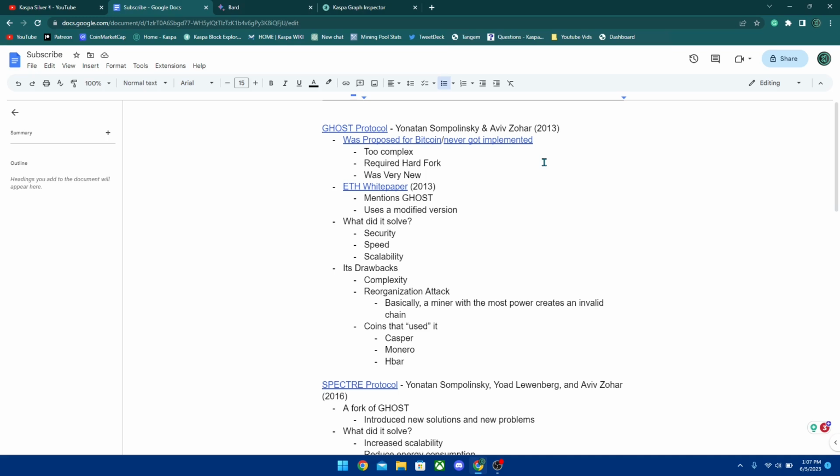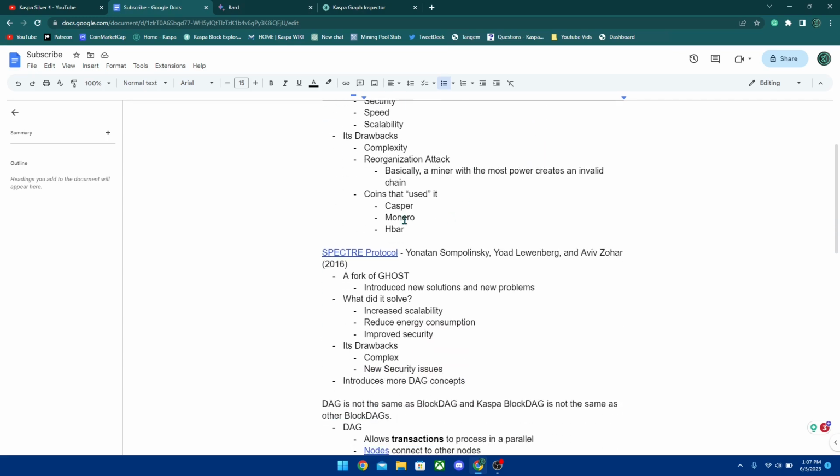And we basically concluded that without the Ghost protocol, a lot of cryptocurrencies would not even exist. There are other coins that actually used it, and I say "used it" in quotation marks because they either are no longer using it or they needed it to start the cryptocurrency so that it can continue.